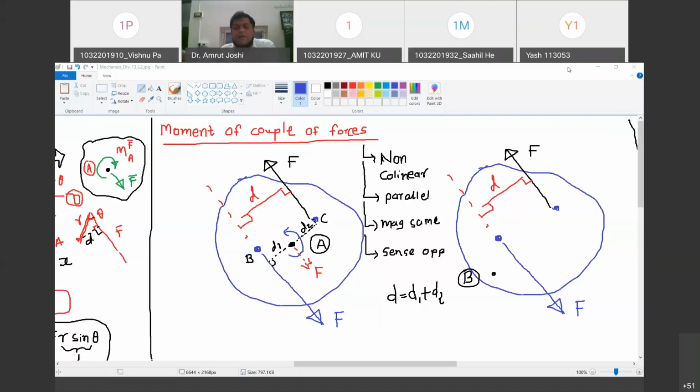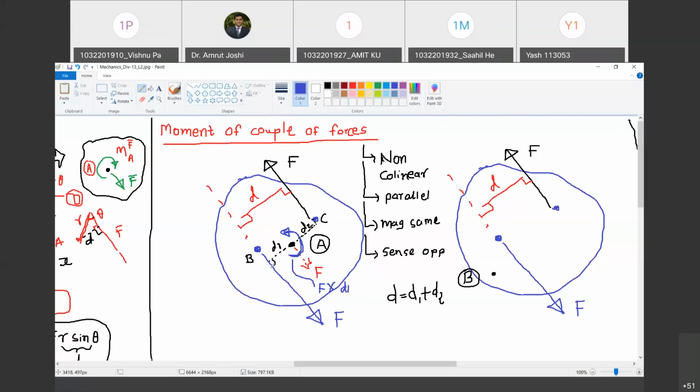Now let us go back to our case. You are holding the body at A. Imagine there is no F bar acting at C. There is nothing else. You are holding the body at A. This F bar at B, how will it rotate the body? Will it rotate the body in this sense? Do you agree with me? Yes, sir. So is it anti-clockwise? Yes, sir. So can I write this moment as F into D1? Yes, sir. So how much is this? This is F into D1. Happy? Yes.